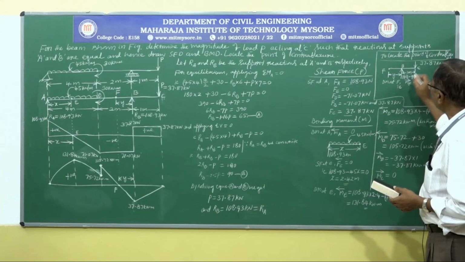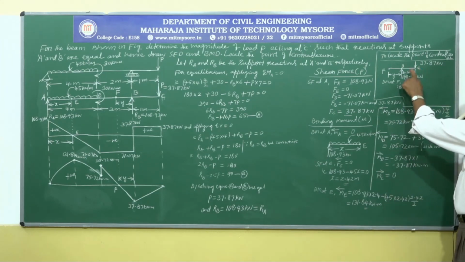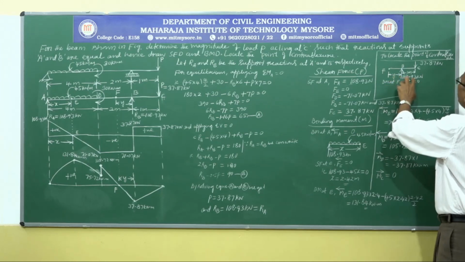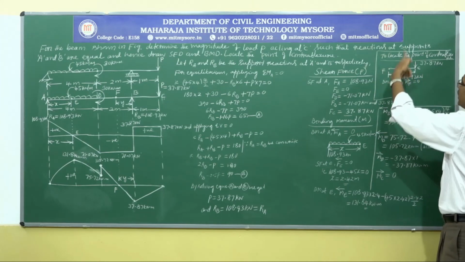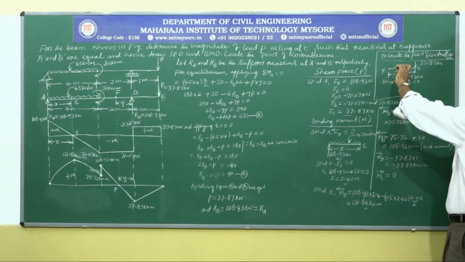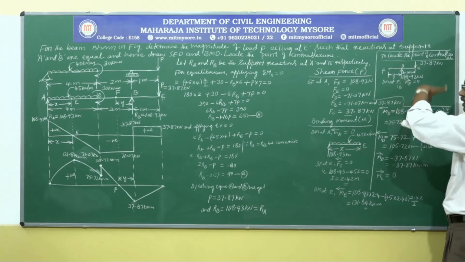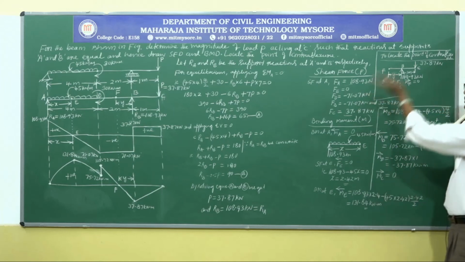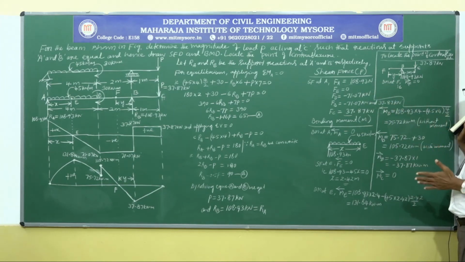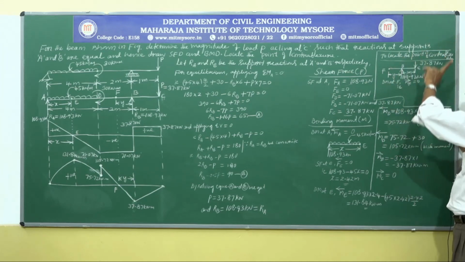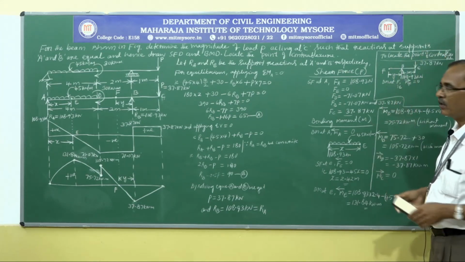Just consider this figure only to avoid confusion. You can see here only two forces, one upward force, one downward force, along with their distances. So this 108.93 kilonewton acting at point B will create an anti-clockwise moment. An anti-clockwise moment will try to bend the beam in the downward direction. We already discussed this in detail. If you consider forces to the right hand side, treat anti-clockwise moment as positive and clockwise moment as negative, because an anti-clockwise moment will try to bend the beam in the downward direction, and a clockwise moment will try to bend it in the upward direction. Sagging is positive, hogging is negative.